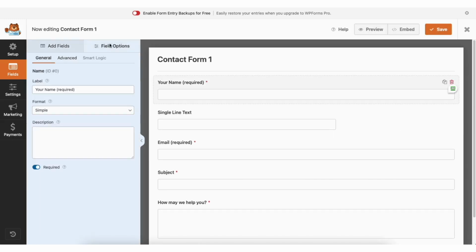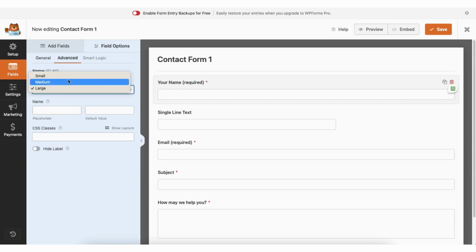If you click field options, you can click on a part of the form and then make changes from the side. You can select to make this part of the form a required or not required part to fill out. If you click advanced, you can click the part of the form you want to change and you can select between the size of the form field for that area and then change if you want anything to show in the form field where they input their information.